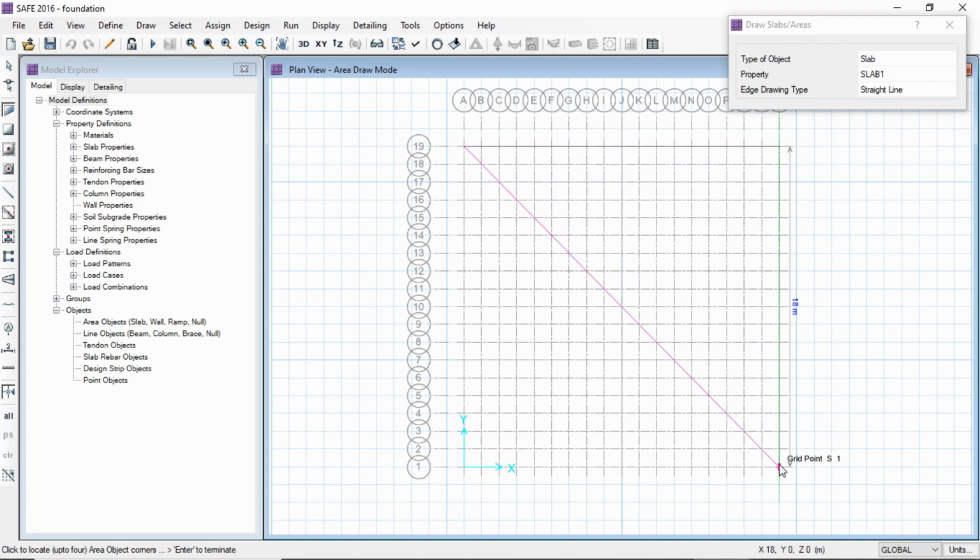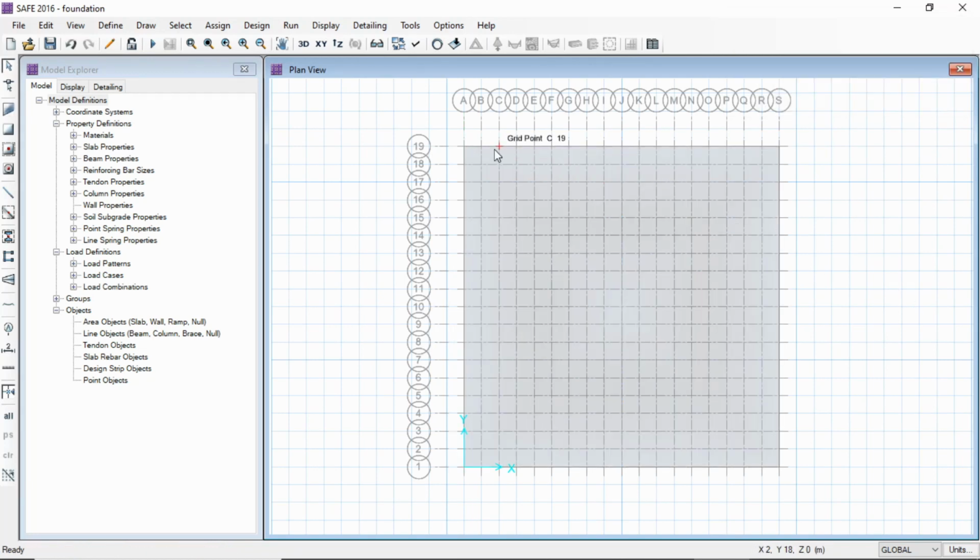So carefully draw the slab and go back to the initial point to close. Now after constructing the 18 cross 18 slab, we will select the slab which we have drawn. We click on the area anywhere. Now here you can see one area and 4 edges are selected. So you can see we have selected the slab.